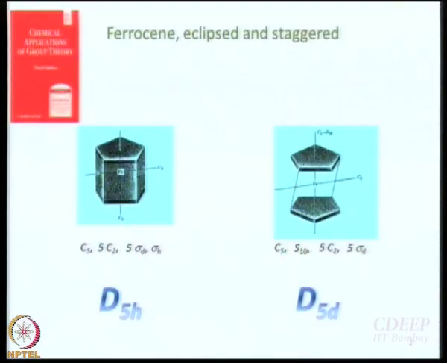In fact, I have forgotten to write the I here, it seems. Okay, so I gave away the answer. The point group is D5d. It's not D5h anymore. By twisting, you have destroyed some amount of symmetry because sigma h is gone. So now it goes from D5h to the D5d point group. So ferrocene, I hope, is clear.